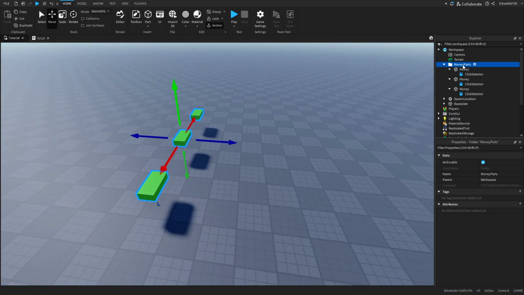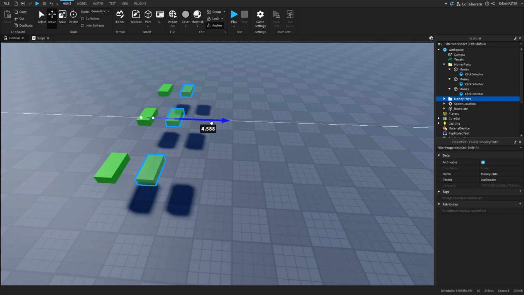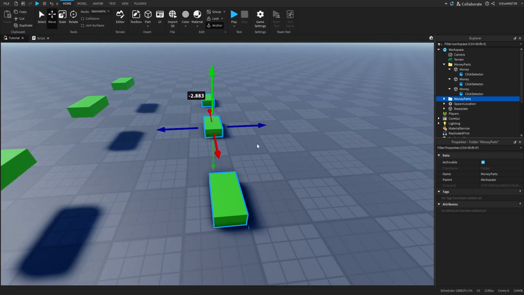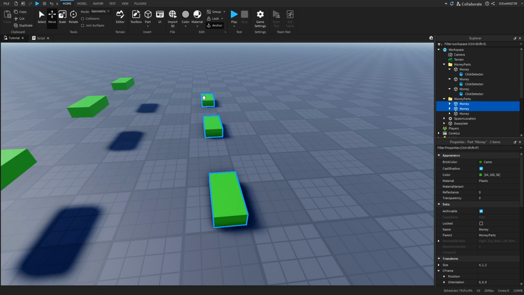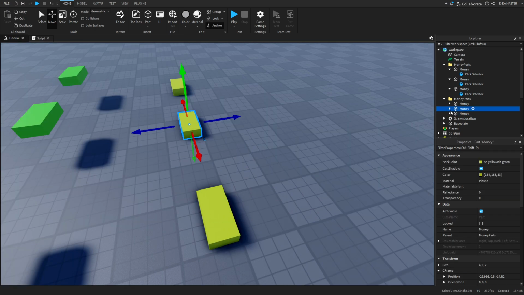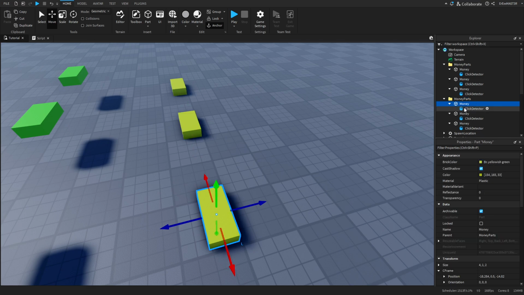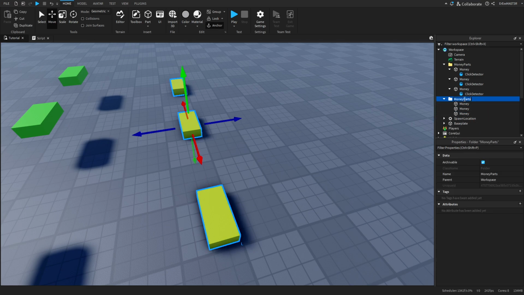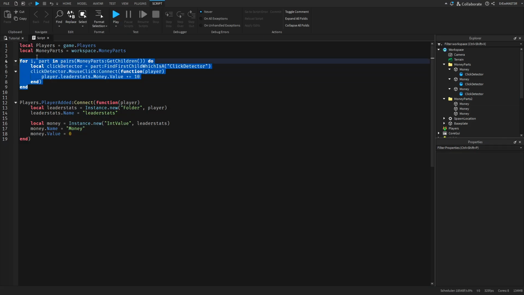But now I will select this folder and duplicate it and move it here. And put it down a bit on the floor. And I will also recolor all of these parts to yellow. And now we can delete all of the click detectors inside of those new parts. And we'll rename this into money parts 2. And here you can just